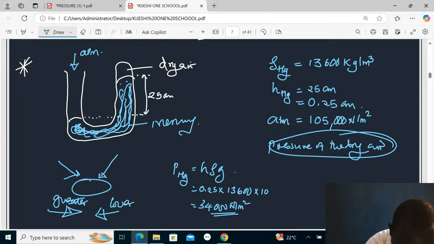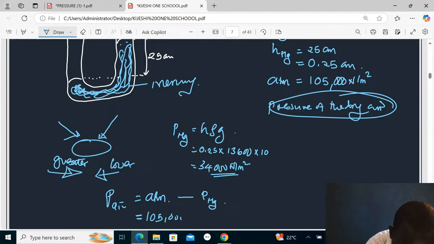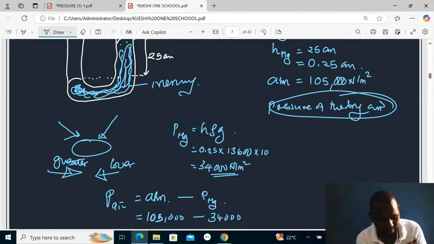Then we'll finally say that pressure of air is given by the atmospheric pressure minus pressure due to mercury column. And this will be 105,000 minus 34,000. And you're going to arrive at 71,000